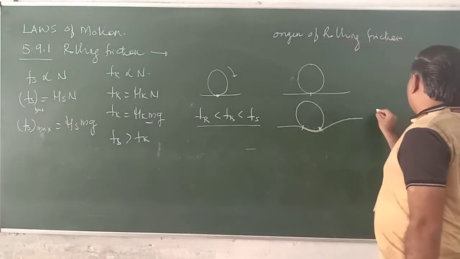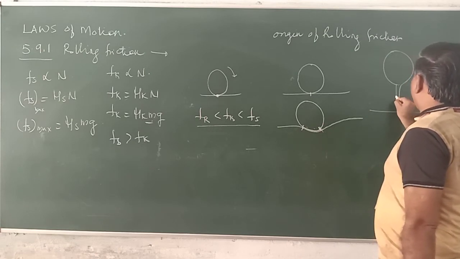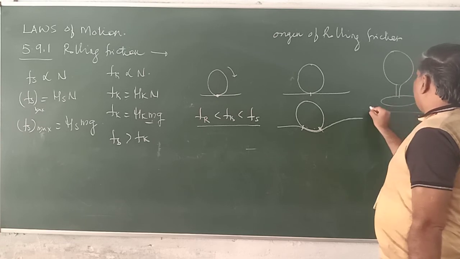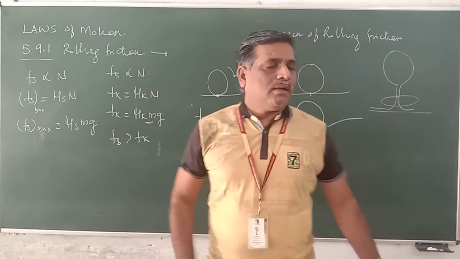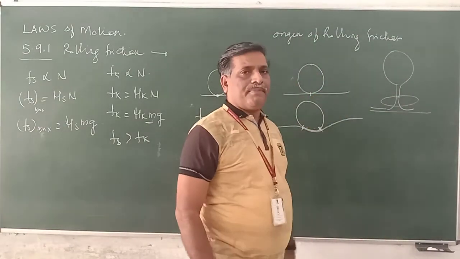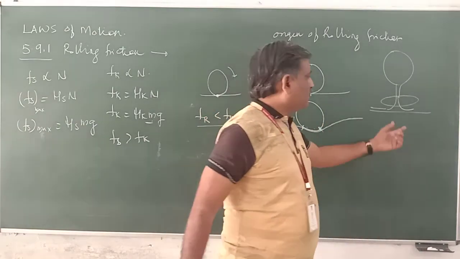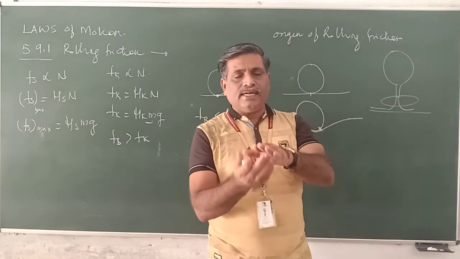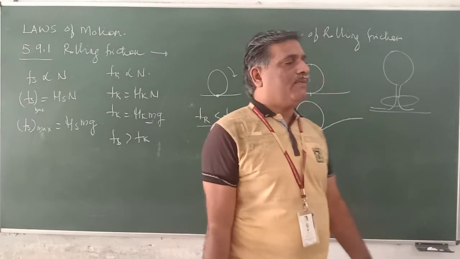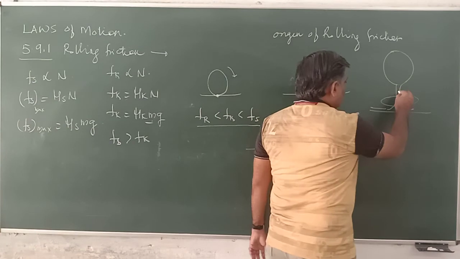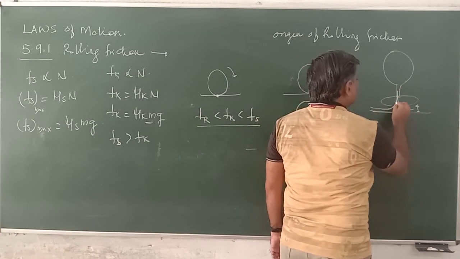For example, this is a balloon, and here it is a disc. When the air comes out of this, the balloon disc is lifted up. This is a CD, a compact disc. Nowadays we are using pen drives, therefore CDs are also not available. When the air in the balloon is coming out, the cushion between the surface and the disc